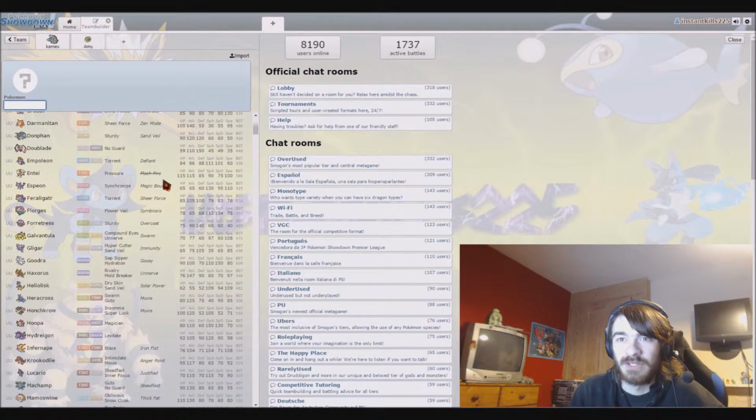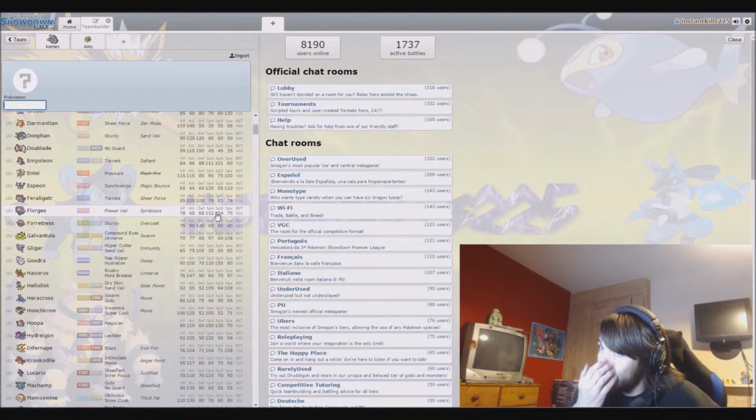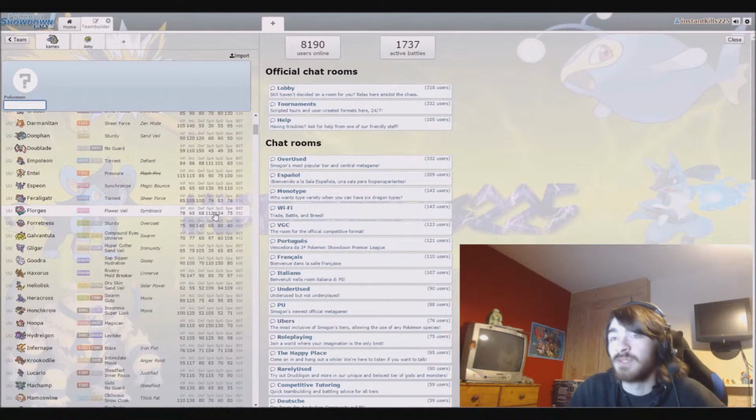It's going to be so hard to avoid, though. Florges doesn't have a similar weakness. But at the same time, Florges can't take a physical hit to save his life. I don't want to run Florges. I just don't. It is a great Pokemon, don't get me wrong, it's an absolutely amazing Pokemon to have, just not what I